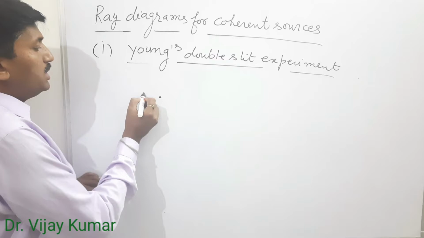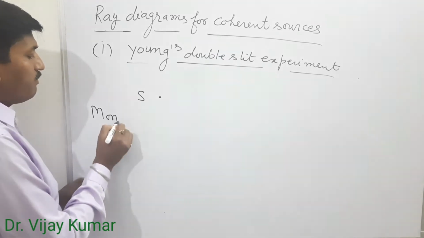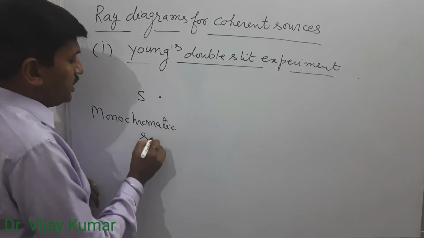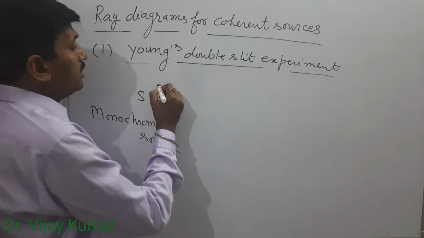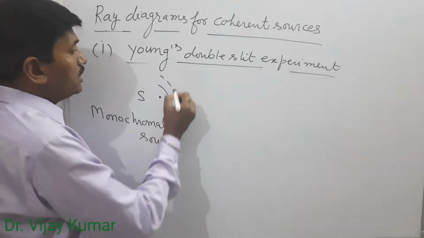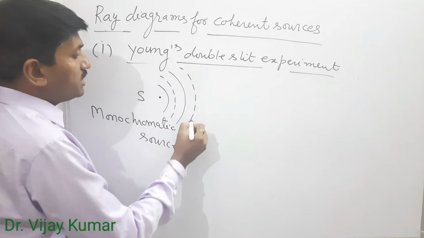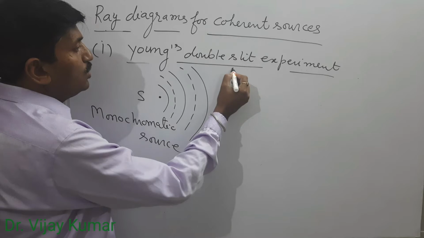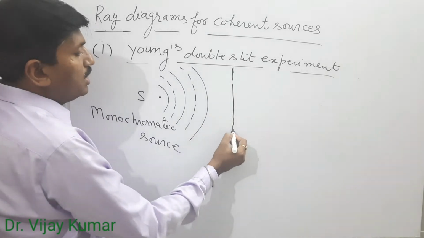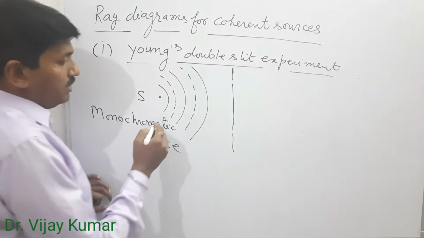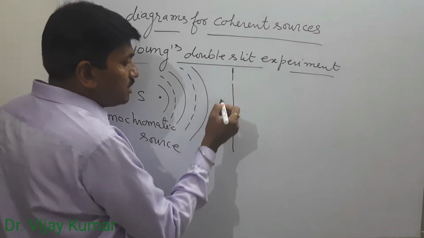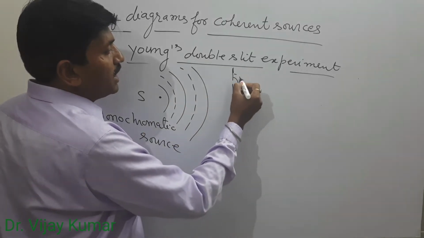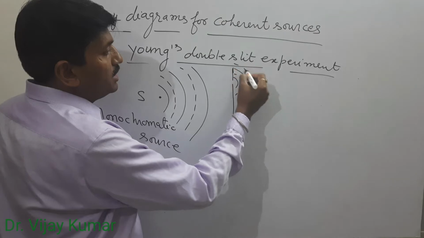Suppose this is a monochromatic source, and we know these are the wavefronts. If we have 2 pinholes in front of the wavefront, then these pinholes are illuminated by these wavefronts and produce the secondary wavelets. These are the secondary wavelets,